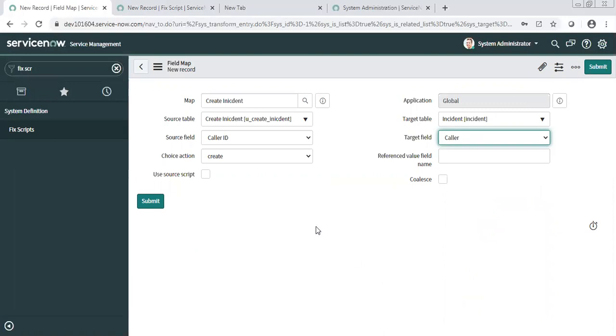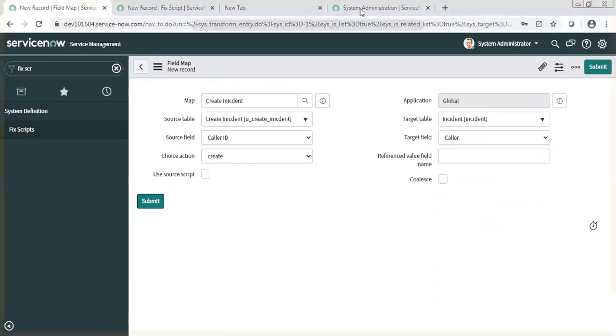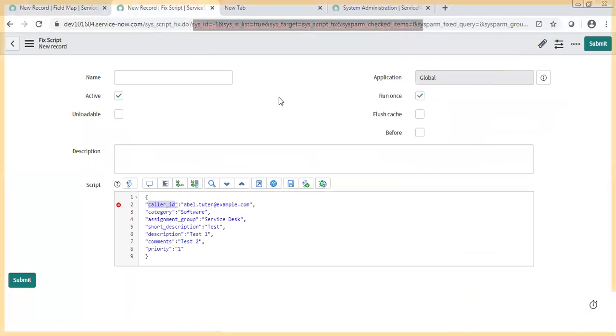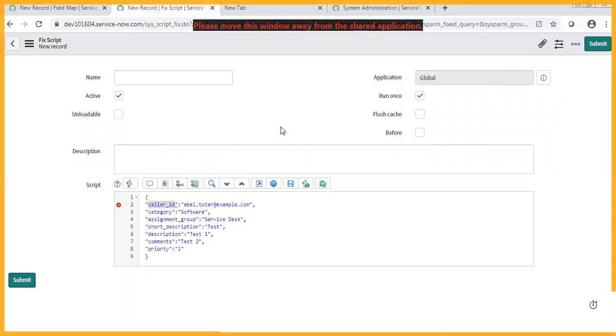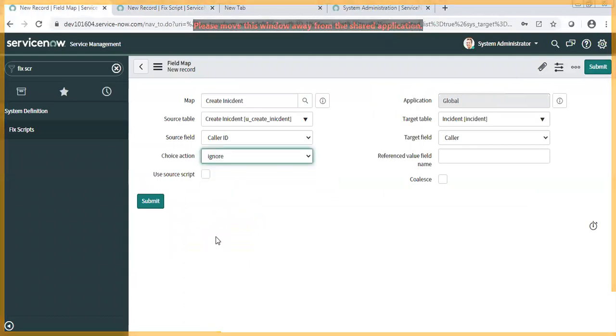But since we have taken the same fields, again, do we need to create this map? You can use the auto map, but the thing is we just need to map a few fields, and there are a lot of fields on the incident table, and they all will be mapped. Then you have to delete those. So I just need to map these fields as per my use case. That's why I'm manually creating. But in both the tables the field names would be the same, right? Since we have copied, yes, mostly. If you use the auto map, it will automatically map, but there will be extra fields.